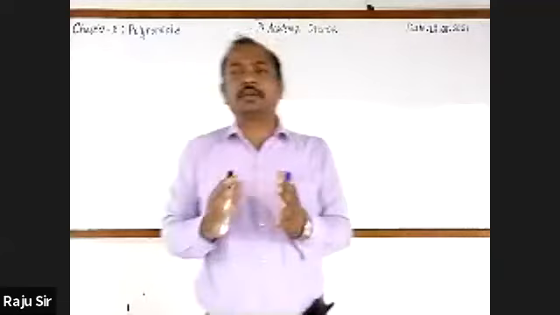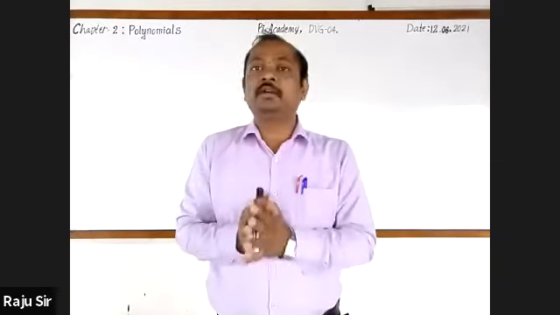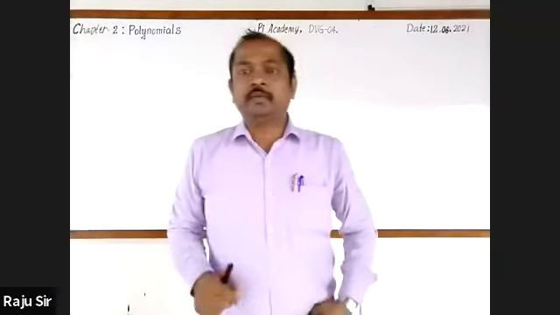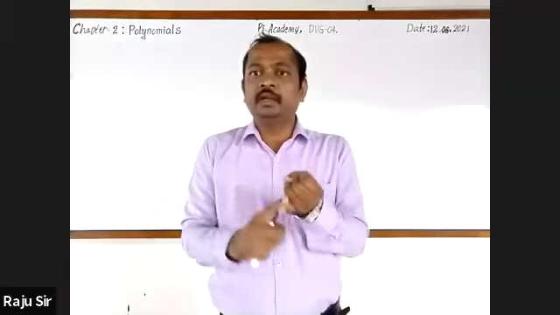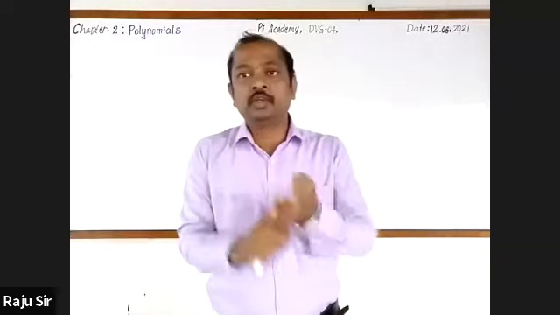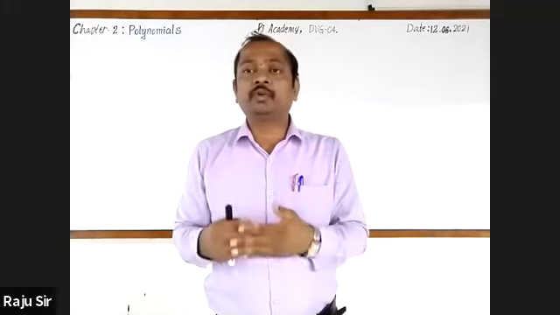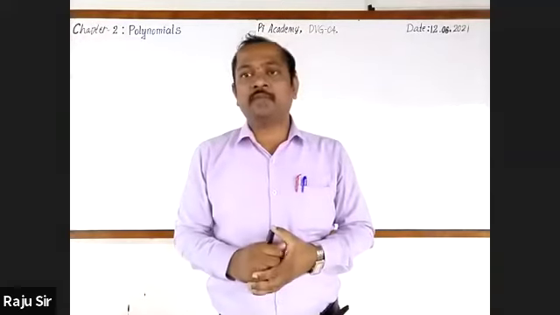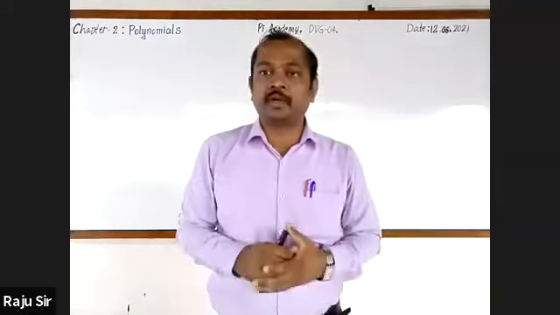We have been discussing the chapter polynomials, and we have got the basic information about polynomials, even the concept-related basic information. Particularly, we focused on finding the zeros of the polynomial, whether it may be linear, quadratic, or cubic. We have come across these. And we also learned how to find the zeros of a polynomial using the graph as well. Particularly, we focused on linear polynomial and quadratic polynomial.